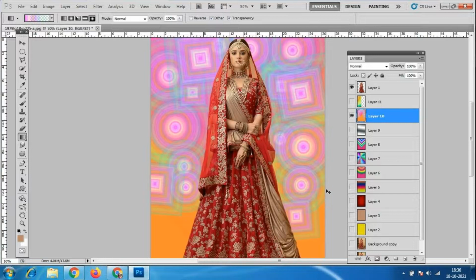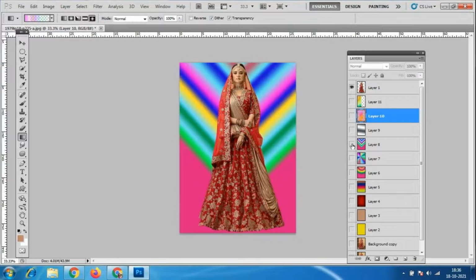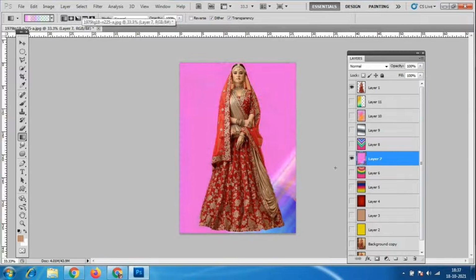Is that okay, everybody? I want some assignments with the gradient tool also. Whoever submitted today's assignments will do it. But what about the other people who haven't done it until now? Okay, so this is the gradient. We can apply it. The gradient is already there, so we can apply on that itself. Whatever gradients we want, we can add.